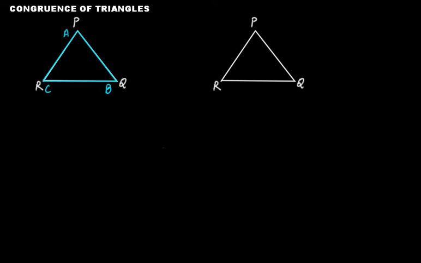Therefore, we'll say that vertex P falls on vertex A. Vertex Q falls on vertex B. Vertex R falls on vertex C. Okay. Therefore, you'll say that triangle ABC is congruent to triangle PQR under correspondence